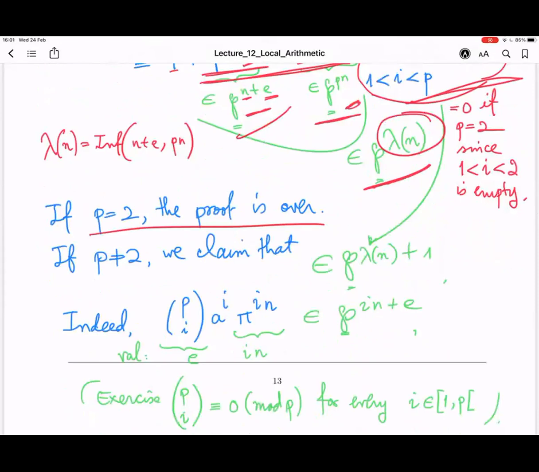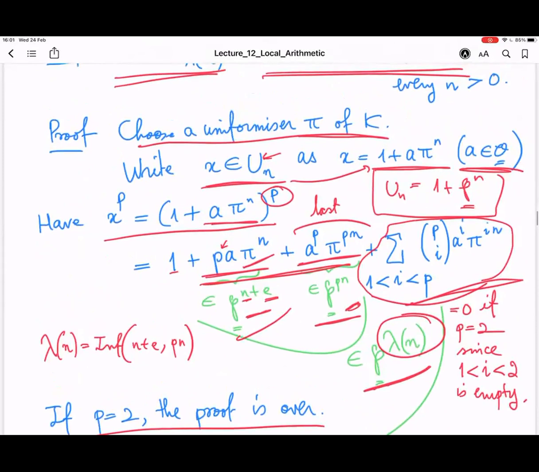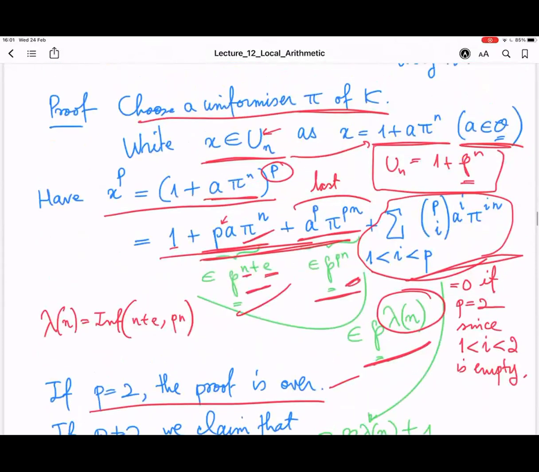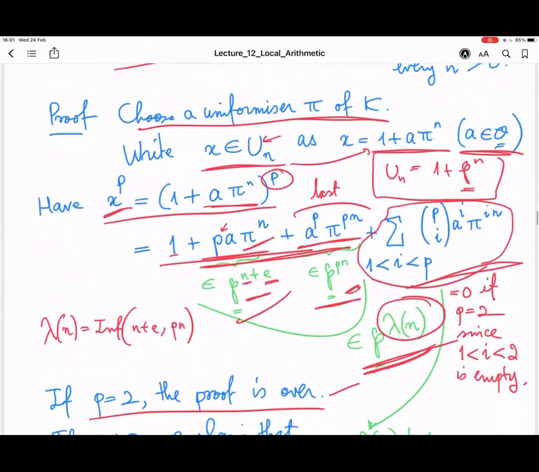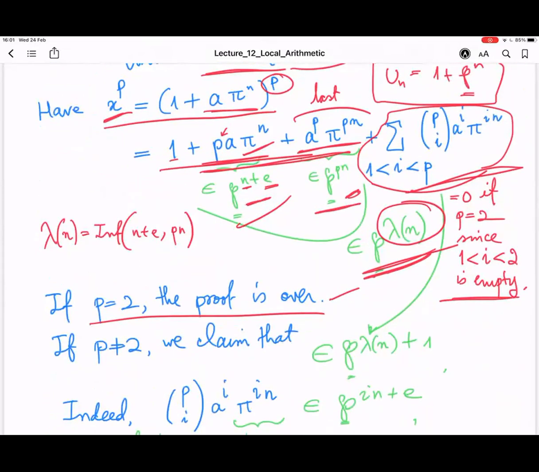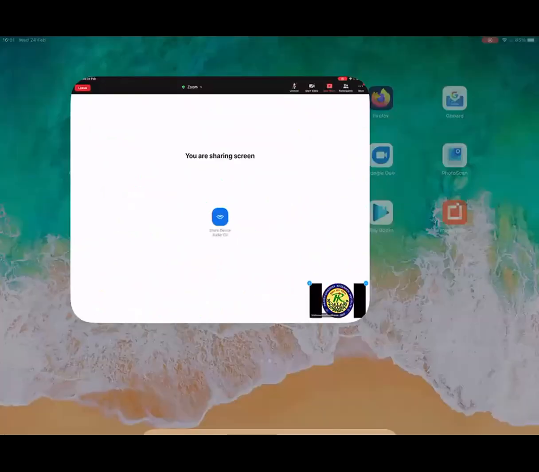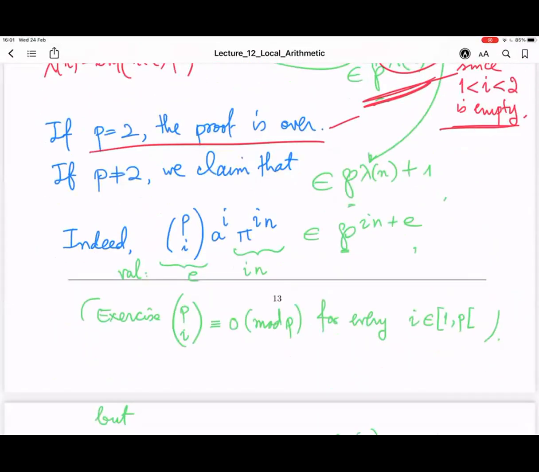Now let's look at these remaining terms. If p is equal to 2, then there are no remaining terms. I mean, when you do (a plus b) squared, it just has 3 terms, right? So the proof is over in this case. I wanted to show that x to the power p belongs to P to the λ(n). So if p is equal to 2, the proof is over. Now, if p is different from 2,